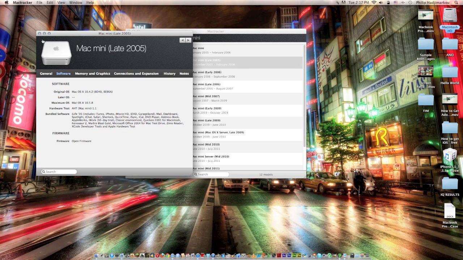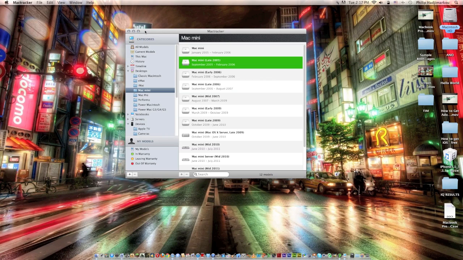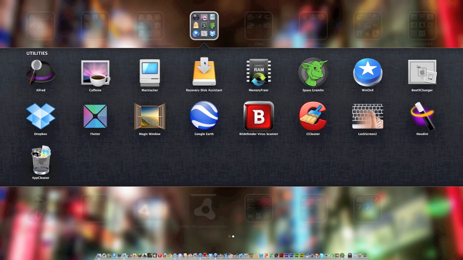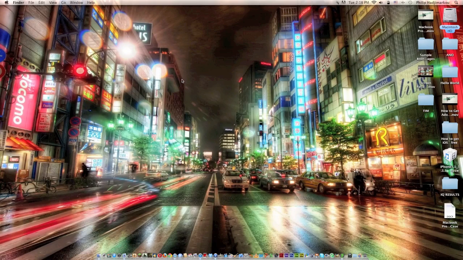Also, this is cool with iPhones as well, to find which software is supported, and it's free, so I think it's really cool to have, and it's really helpful if you want to discover things about Apple. So let's close that for now and get to the next tab. So this is nothing, recover this assistant, nothing really important. So I get to the next tab, which is memory free, and this is an app that I really use,